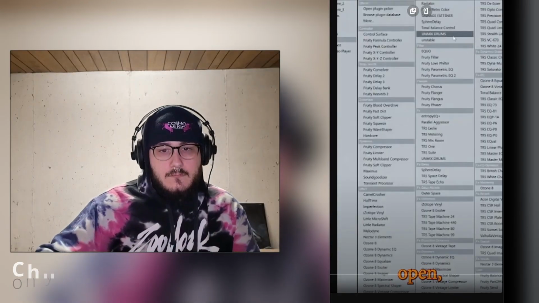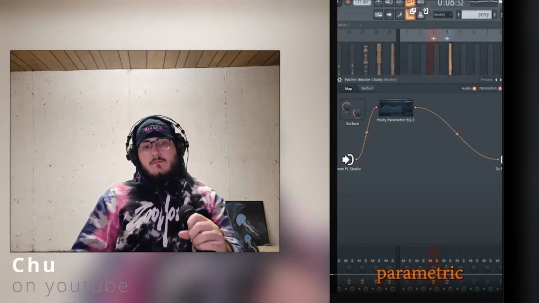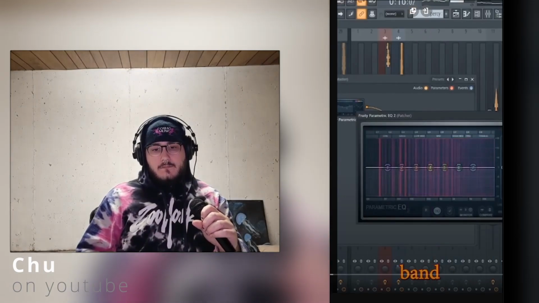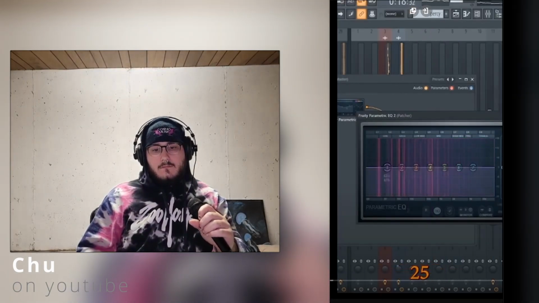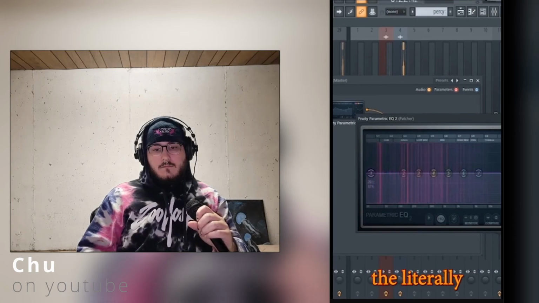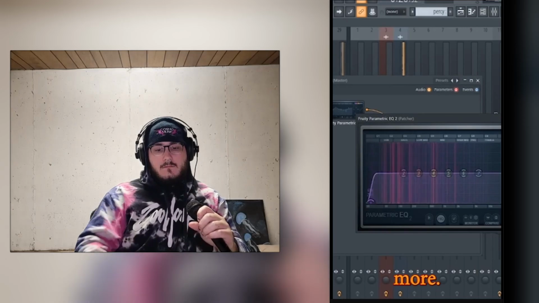Once I have Patcher open, the first thing I do is add a parametric EQ 2. I set this EQ band to cut out all frequencies under 25 Hertz. This is done because your mix literally does not need those frequencies. All they do is make your beat sound slightly more ass. The next